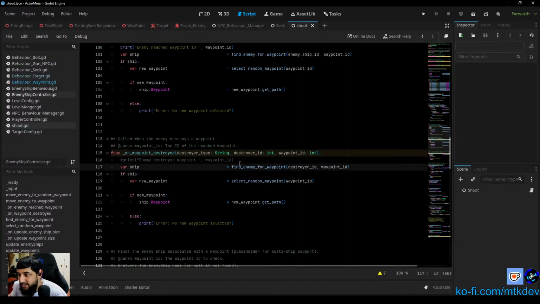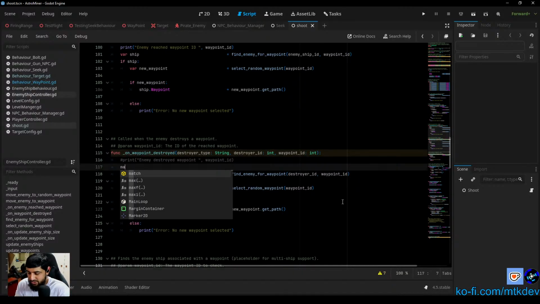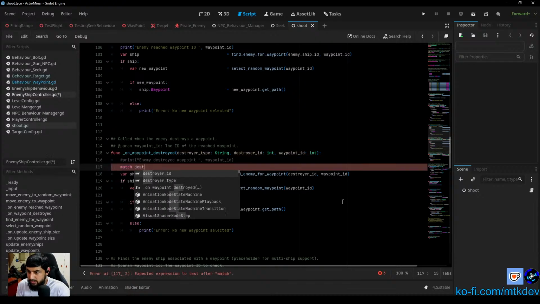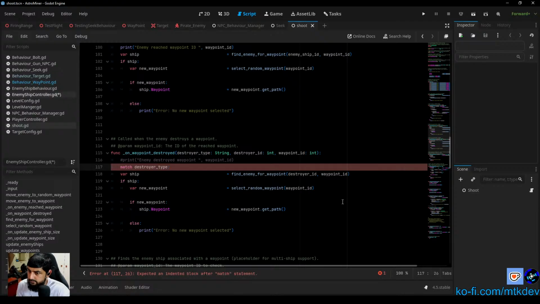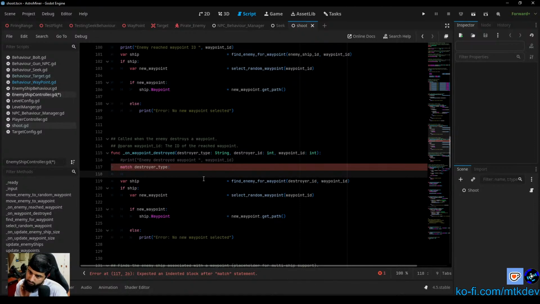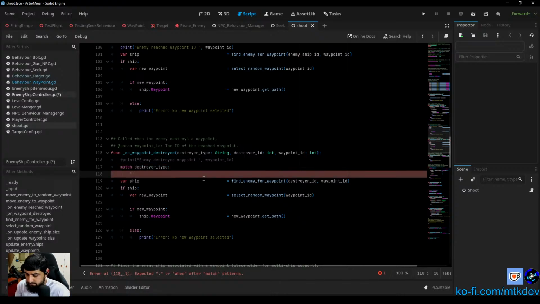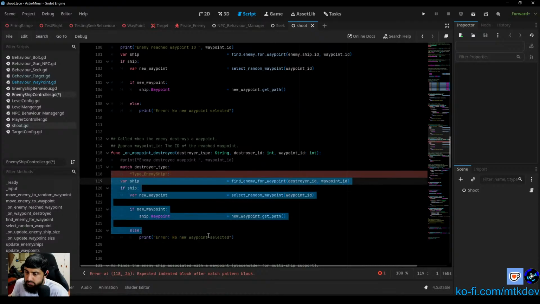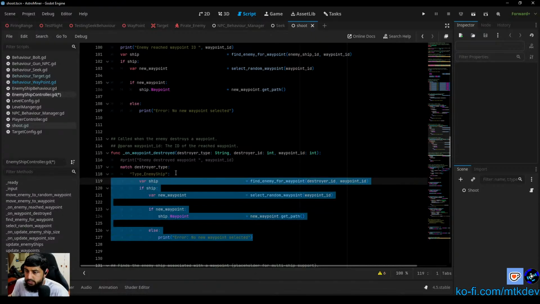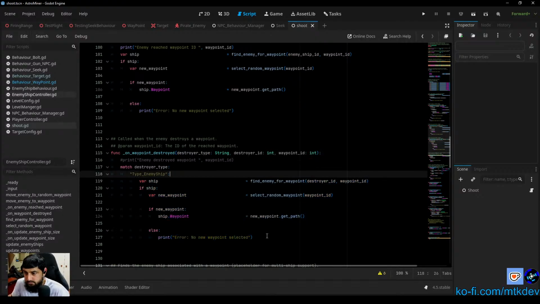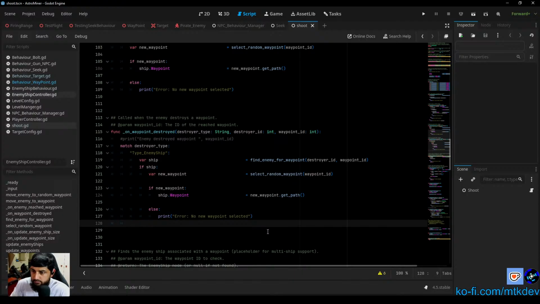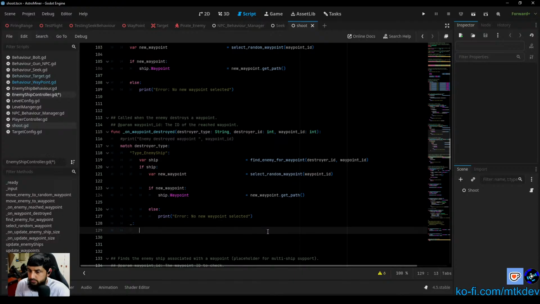We can go back into this and do a quick check. So now we can say match destroyer type, and then all of this will be underneath type enemy ship, and then all of this will be for the enemy ship type. Okay, and then the underscore case for